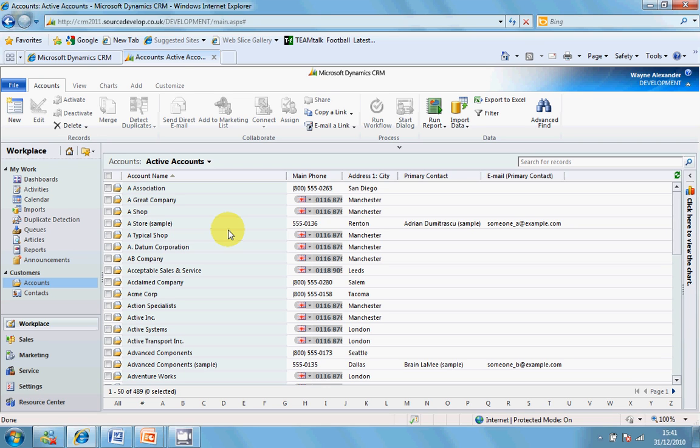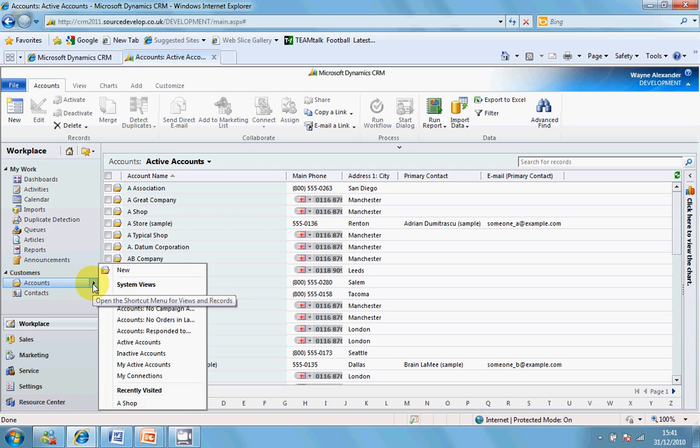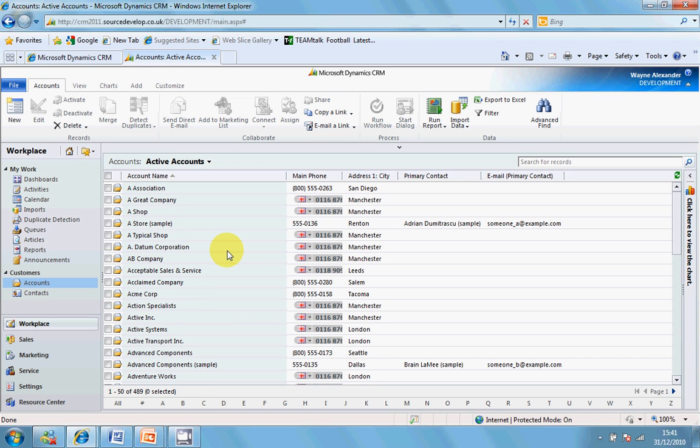So I'm in active accounts at the moment. I don't have to be in active accounts to do this personal view. I can pick any view I like, but I'm going to pick active accounts because it has the most records. Now, in 4.0, in order to create a personal view, you had to go into Advanced Find. It's not the case in 2011. What I'm going to do in active accounts, I'm just going to go ahead